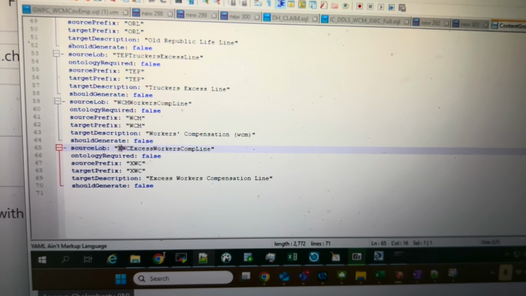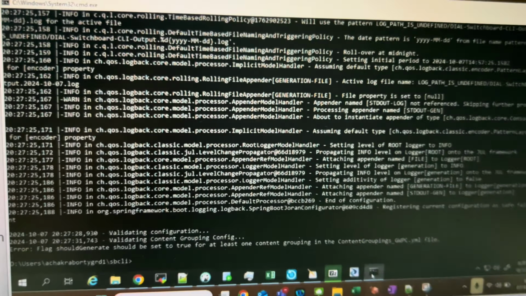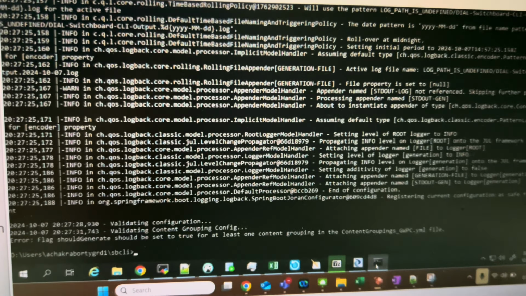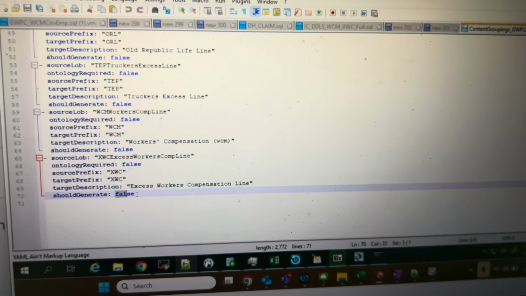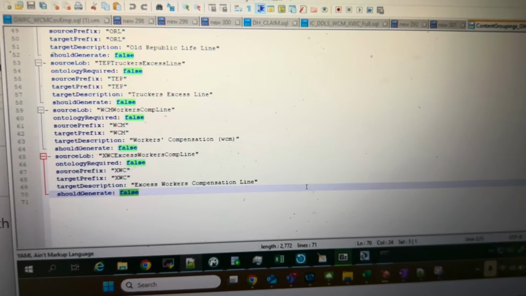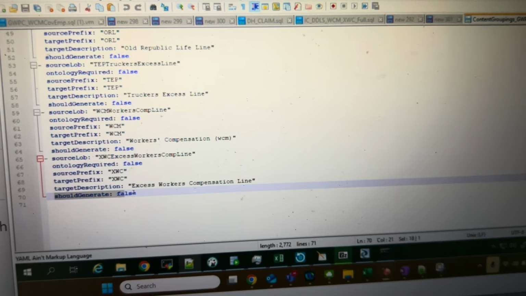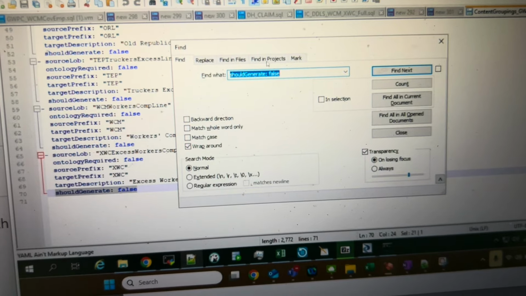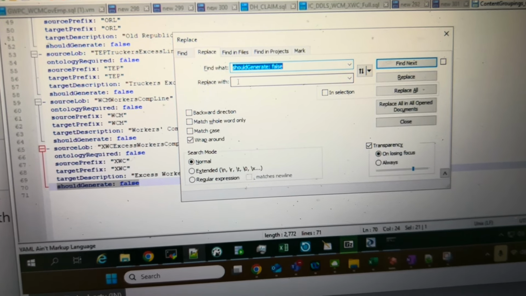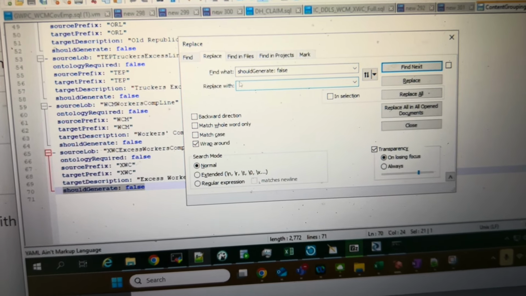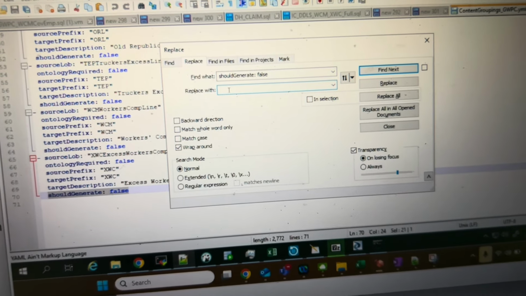So it is telling me to enable this should generate flag, so I just changed this to true. Okay, let me do it for all. It will generate for all for now.